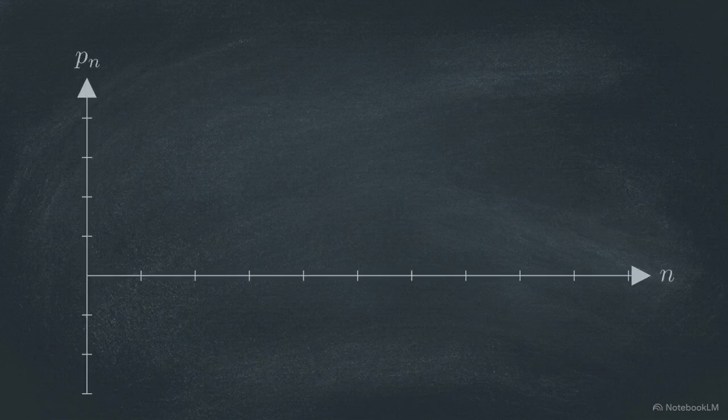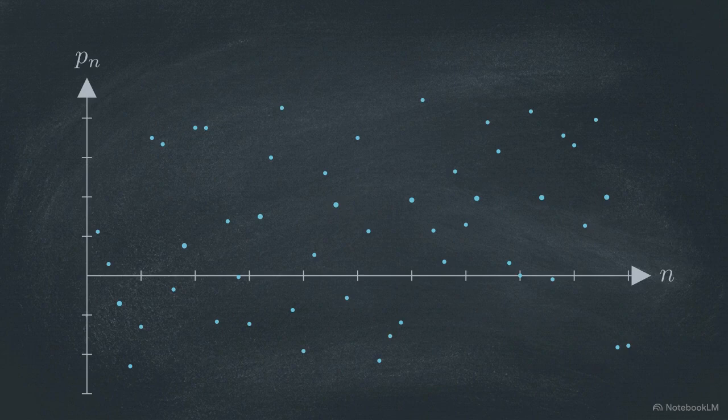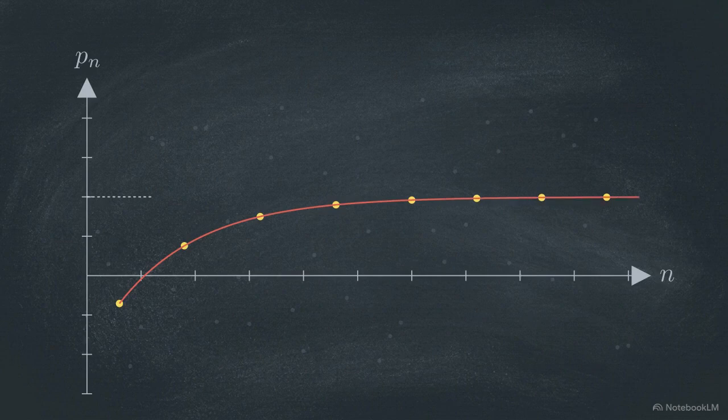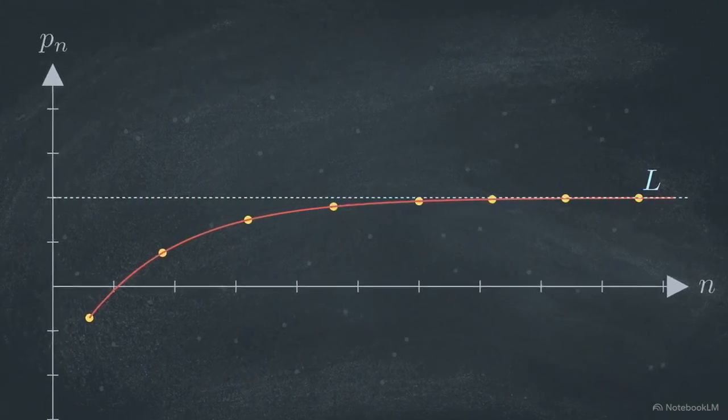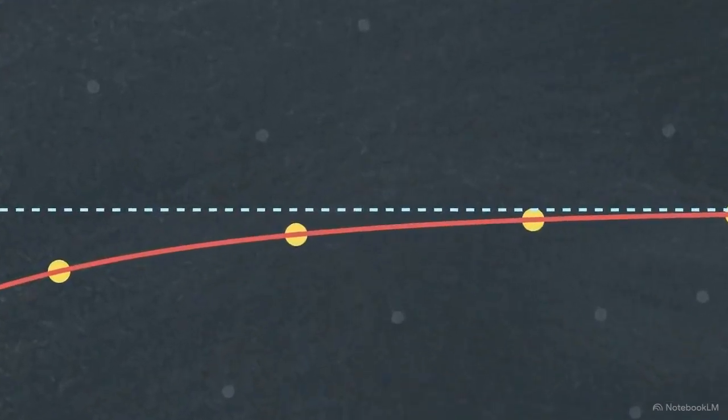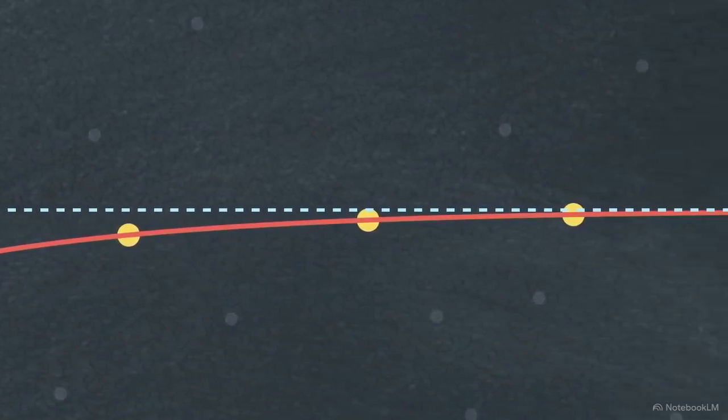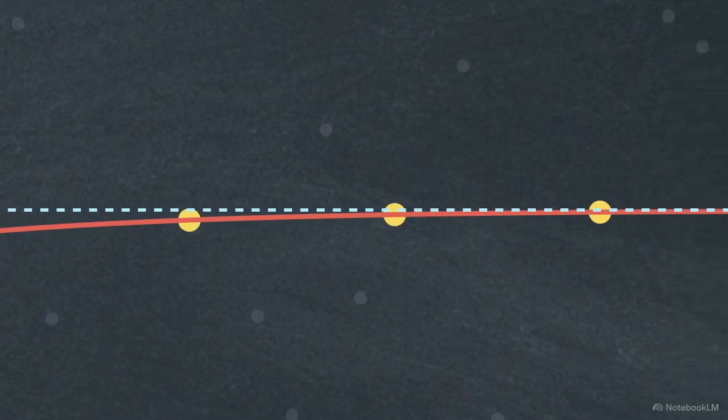This is a scatter plot showing a sequence of points bouncing erratically. At first glance, it's pure chaos. But if we fade out the noise, a perfectly smooth, convergent curve emerges from a select few points. When a parent sequence diverges, we can use a mathematical microscope to extract these localized pockets of convergence hidden inside